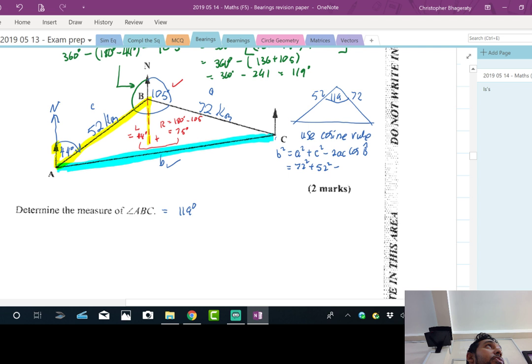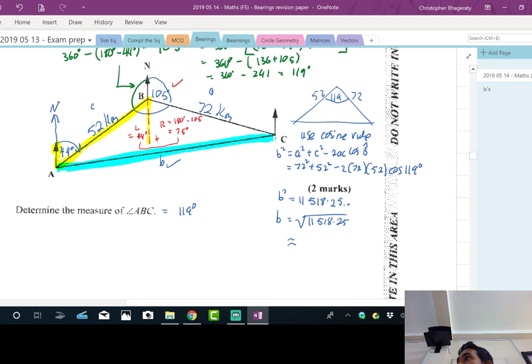That's the cosine rule, between 72 squared plus 52 squared. What's that? That's sine rule. Sine rule has no minus or subtract. Sine rule is purely division. Look at the formula here: a squared plus c squared minus 2ac cosine b. So that whole line you plug into the calculator. Yeah, you're plugging that whole line into the calculator.